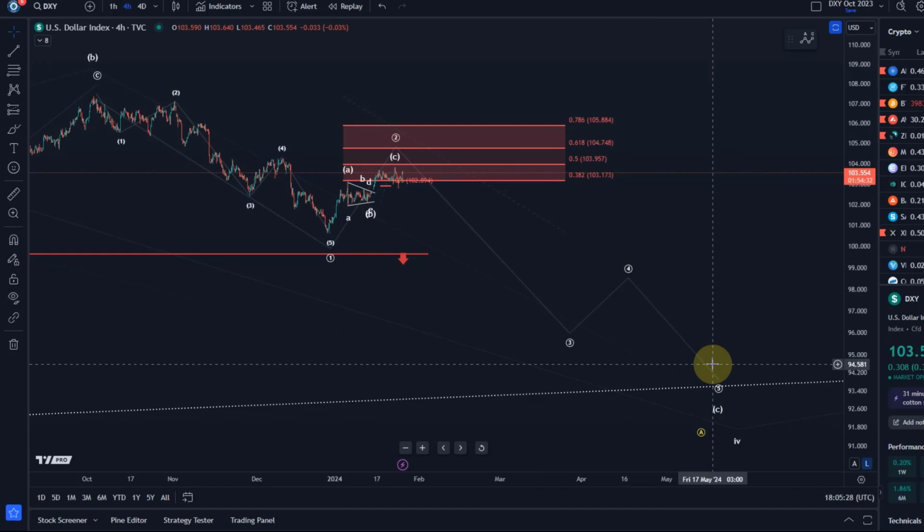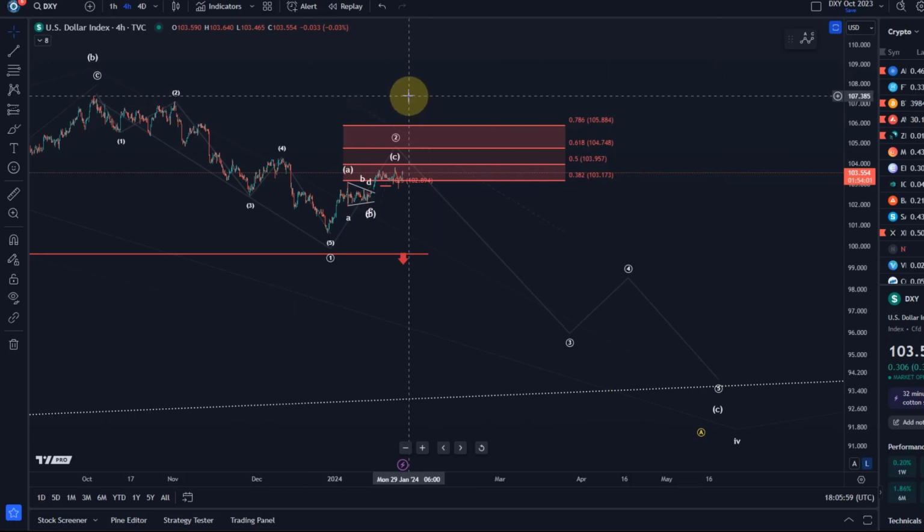Okay, so basically what it tells us is as long as the parameters are being respected and adhered to, there is no change to the wave count. There's no change to the chart behavior. But what it tells us as well is that a break above $105.88 will likely lead to a change, or it will at least give us an indication that the chart's behavior has changed, and that this would be a little bit too much of a rally for a wave 2. So therefore, we would then need to look at something more bullish, like a bullish alternative.